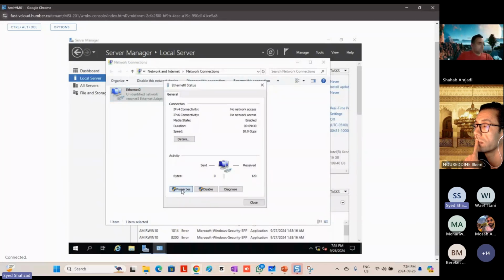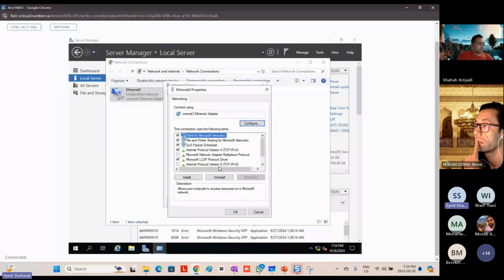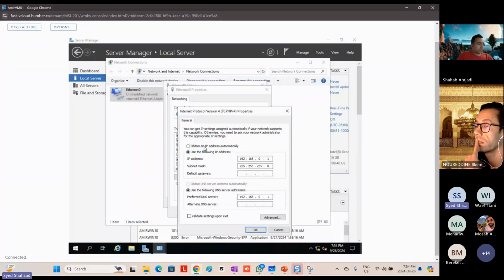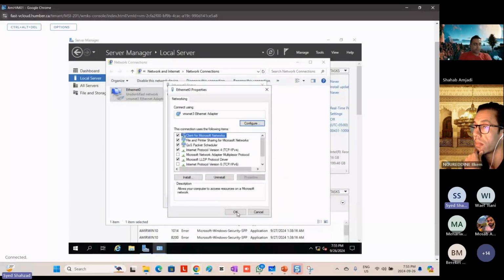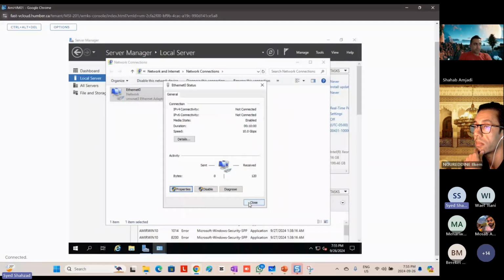So Properties, right? And double click IP version 4 and obtain an IP automatically here. So it removes this, and obtain DNS automatically here. It removes this, right? Now we will get internet again. So I'm just going to press OK. Go ahead and press OK, and it should give you back the internet. Yep,